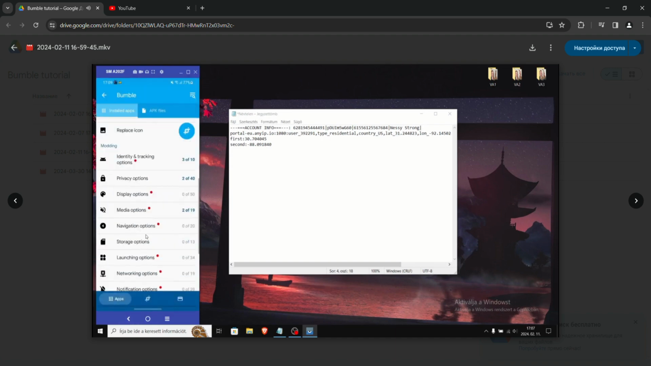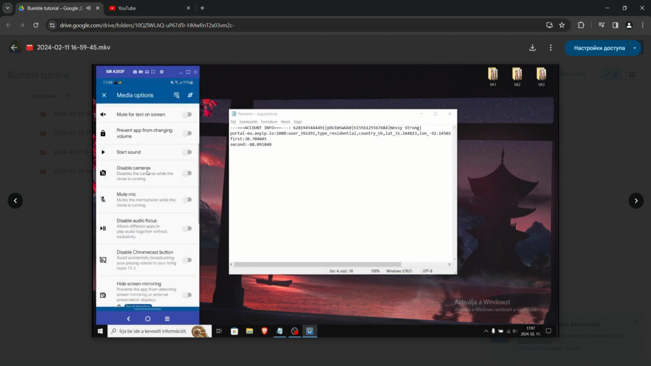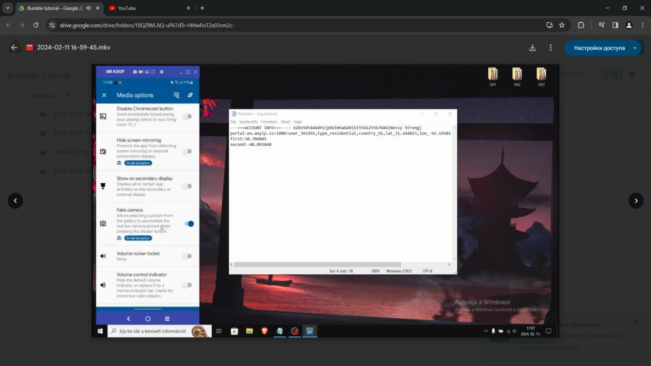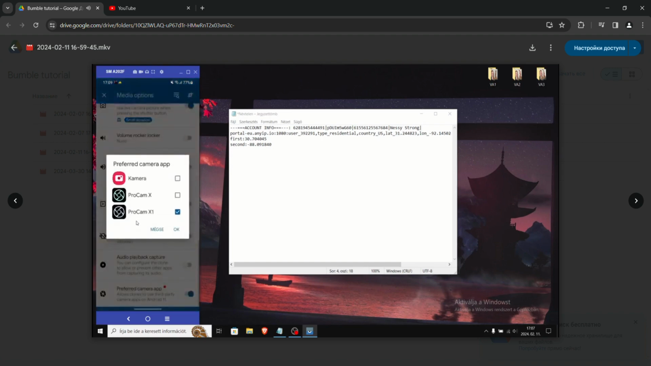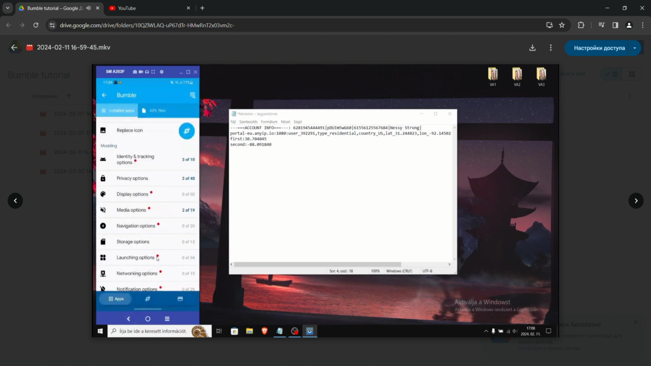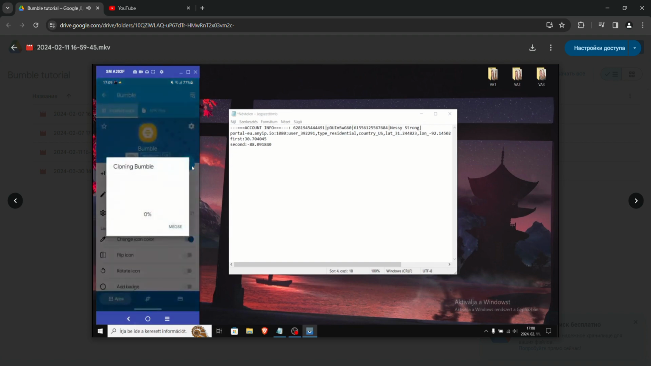After that, we need to select the media options. We need to select two options here. Fake camera, this is just enable fake camera, and for the preferred camera option, make sure you select our fake camera so we can use this. Okay, basically that's it. After it's done, you just click clone,